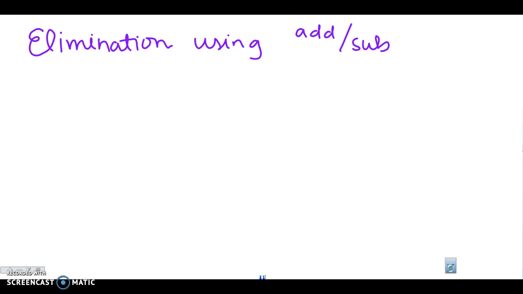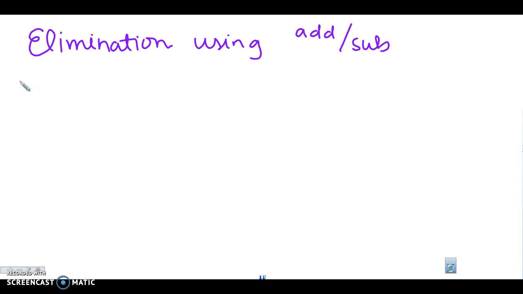So far, we've learned how to solve systems by graphing, where if the lines intersect, we know that point is the answer to our system. If they're parallel, it's inconsistent. And if they're the same line, it's infinitely many solutions. We've also learned how to solve systems by substitution, where I ideally have one equation that is y equals something, or x equals whatever, and I can just plug it into the other one that's in standard form already. Today we're going to look at